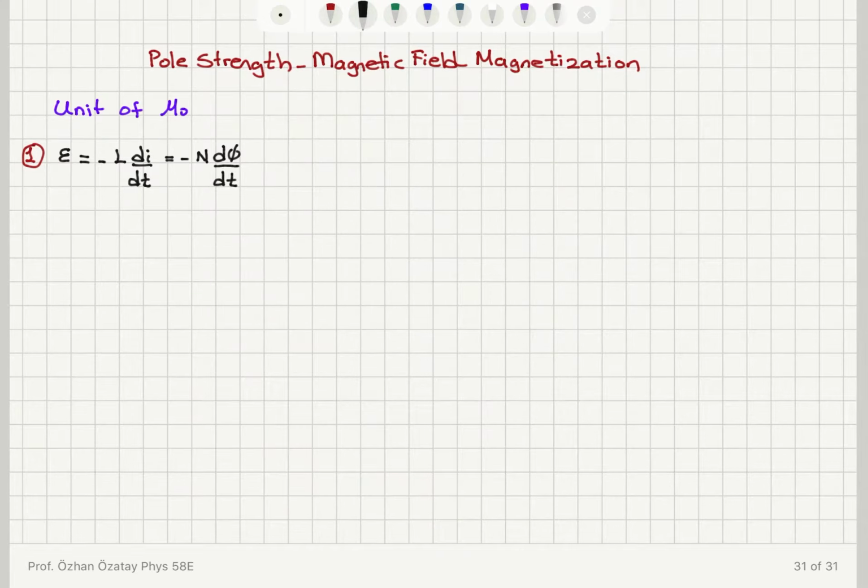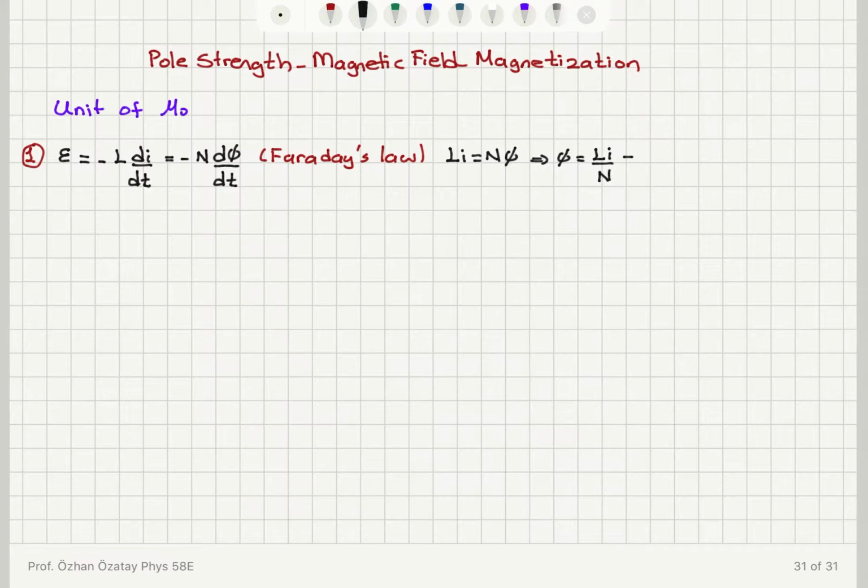So this is Faraday's law. And you can see that the flux L times I is n times phi, the number of turns times phi. So the flux is Li over n,